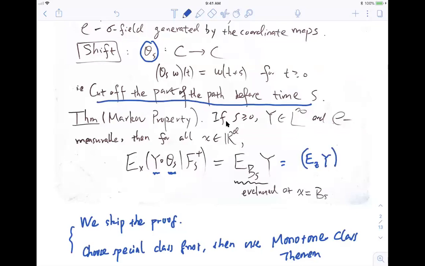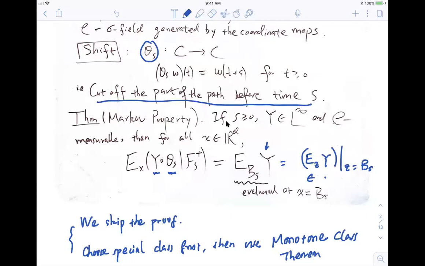So if we just look at the E_y[Z], this is a number, right? But if we vary z, this is a random variable. And what the right-hand side means here is: first compute this and evaluate the value at B_s. B_s is just the Brownian motion at time s. So of course, by the Markov property, which you can find the proof of in the textbook,